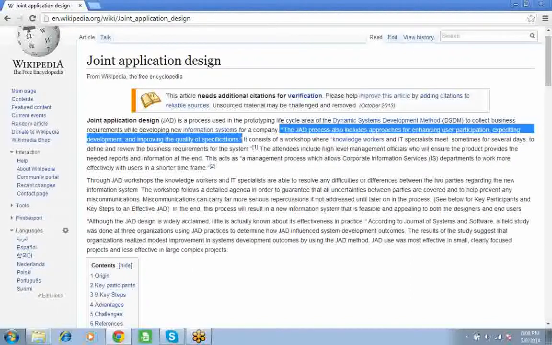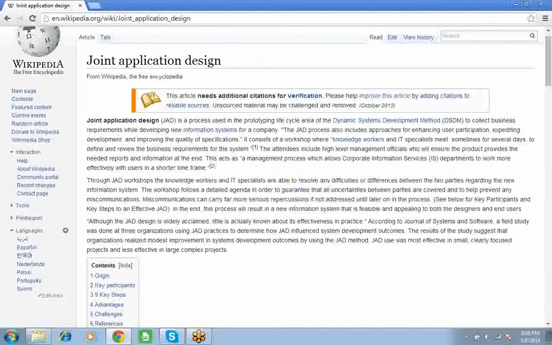Why? Because when people with different knowledge and technical people come together, what happens? Among them, they will discuss and they will bring a right requirement at the end of the day. Okay, it consists of a workshop where knowledge workers and IT specialists meet. Knowledge workers means SMEs, stakeholders from the client side, from whom you gather the requirements, and IT specialists are none other than technical people. Okay, software people. Sometimes for several days, as I told you, it goes for 7 to 10 days, minimum 5, maximum 10 days. Okay,